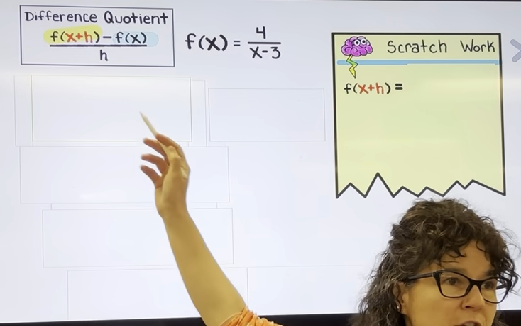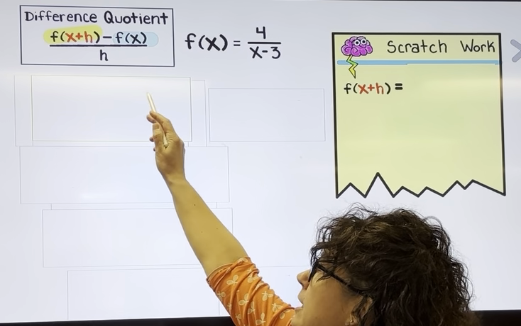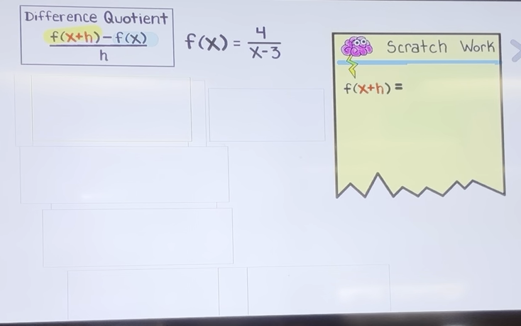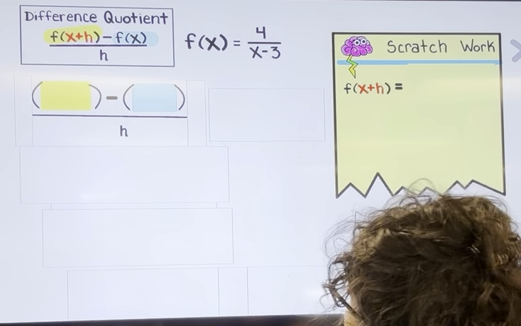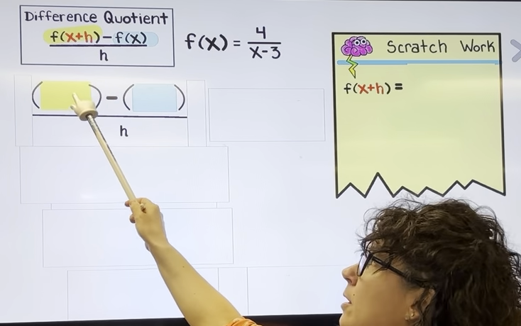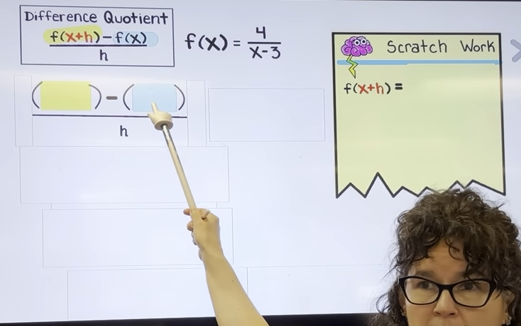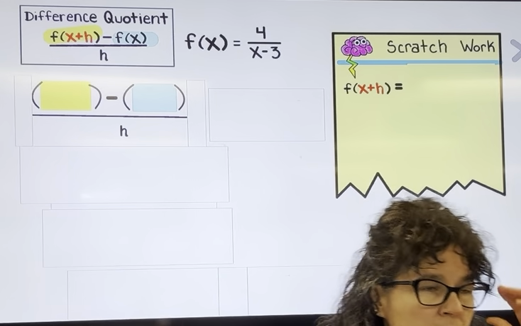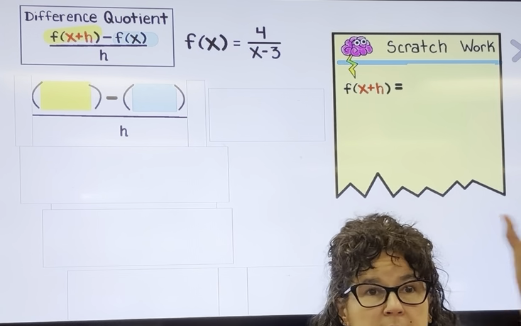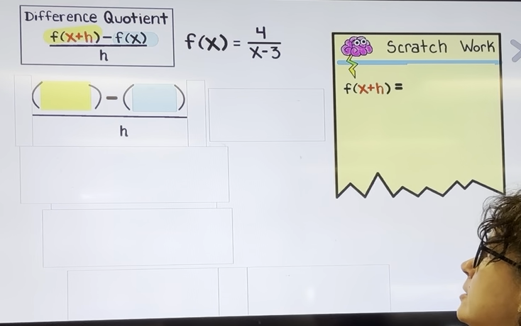I'd like to find the difference quotient, and this is the formula here for the difference quotient: f of x plus h minus f of x over h. So ultimately, what I'm going to be doing is substituting something in. I want to substitute f of x plus h right there, minus, and then I want to put f of x right there. Whenever you're about to substitute something, using good notation, you want to set a parentheses sitting there,